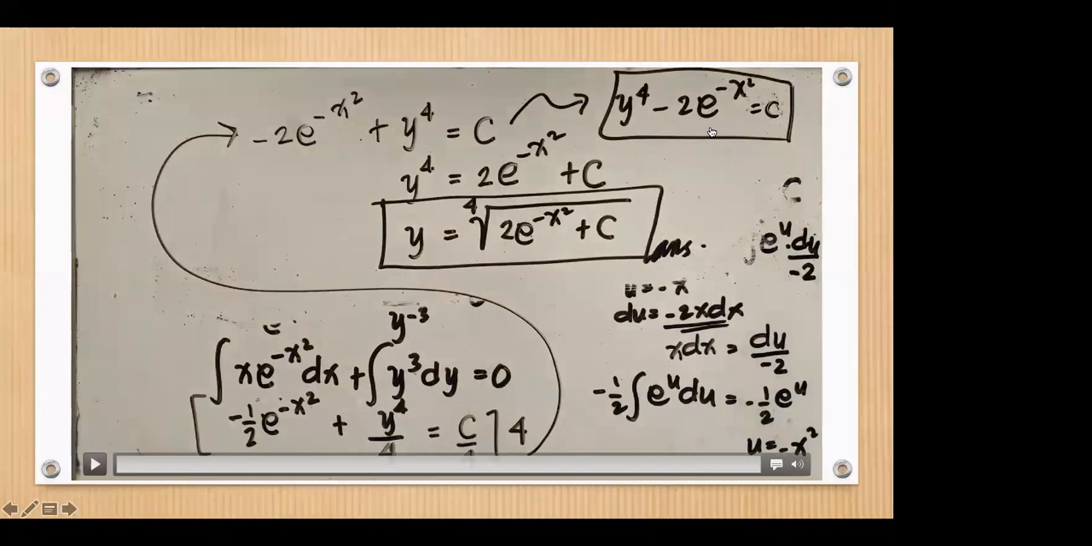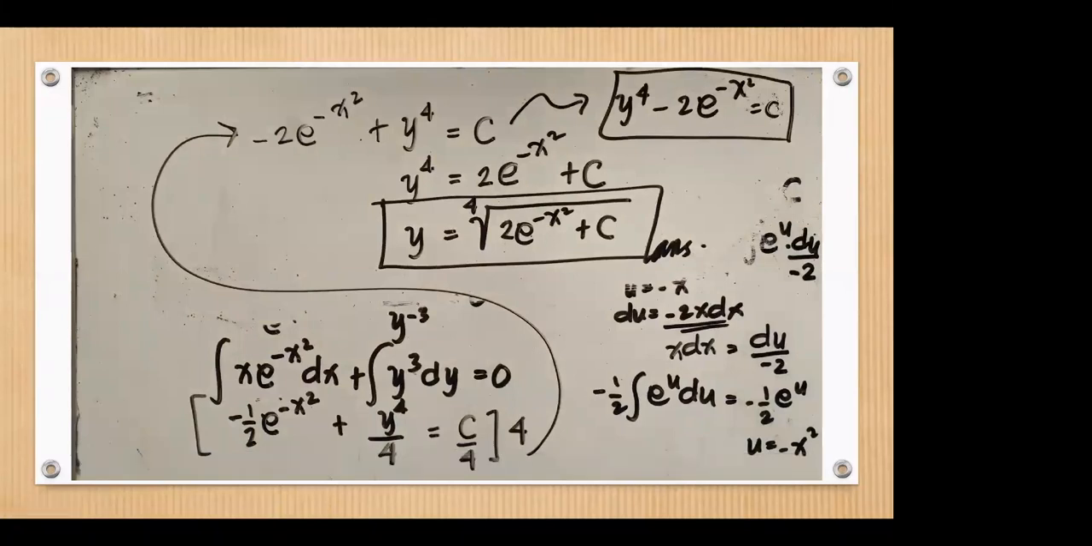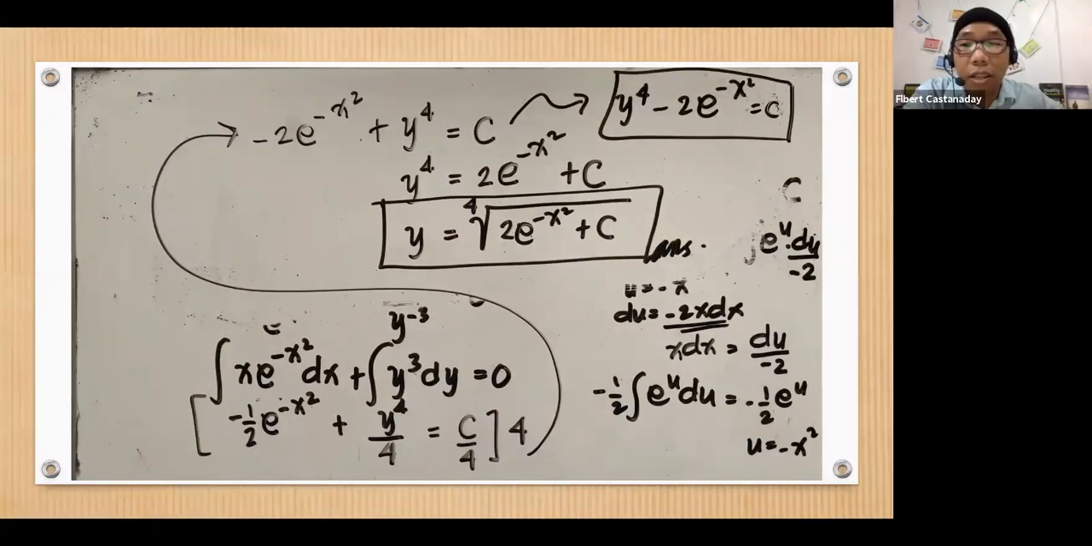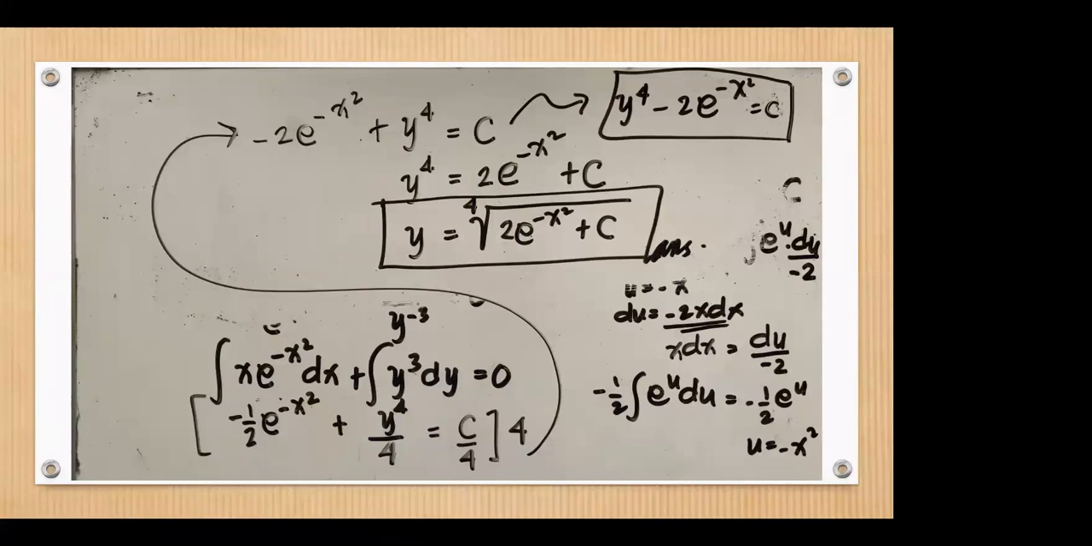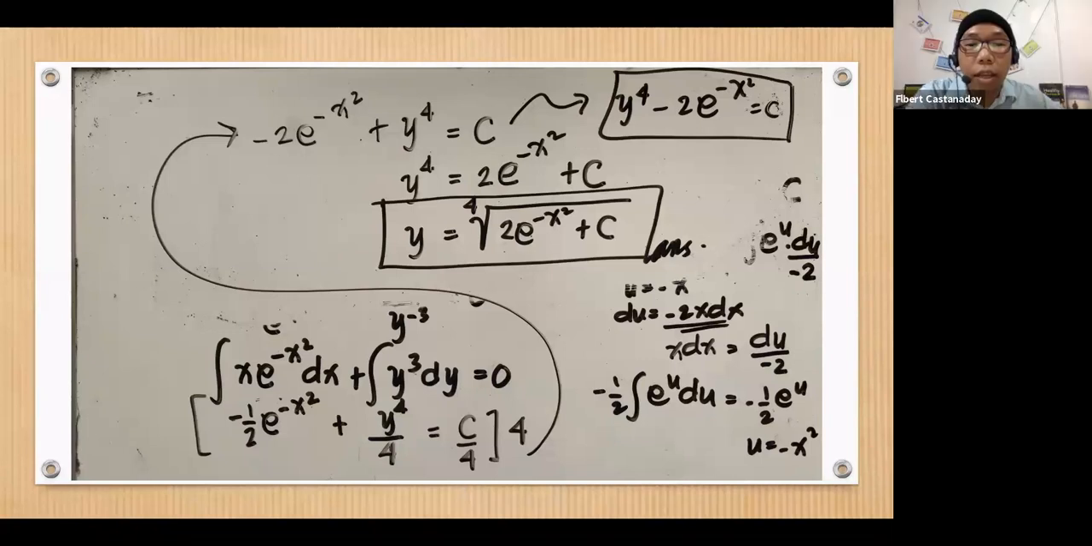Di ba po product rule po yung x e raised to negative x squared? Magpa-product rule tayo kapag nagdi-differentiate, okay? So, hindi na tayo, yung x po nawala. Saan po napunta yung x po, sa x e raised to negative x squared? Kasi yung, di ba,